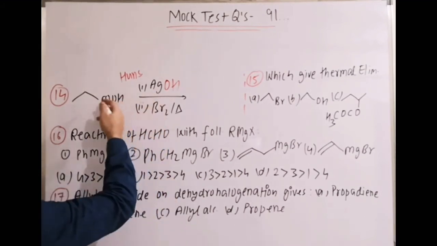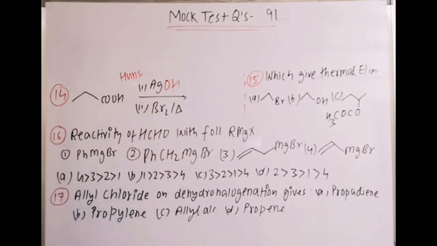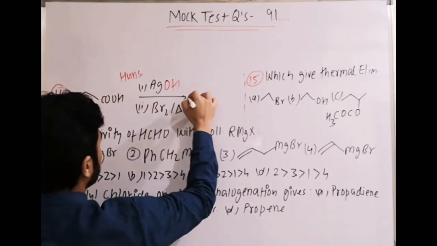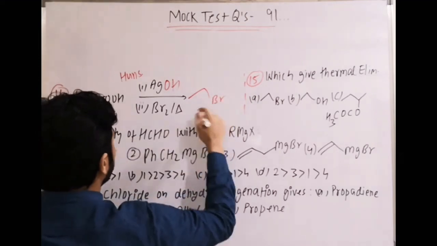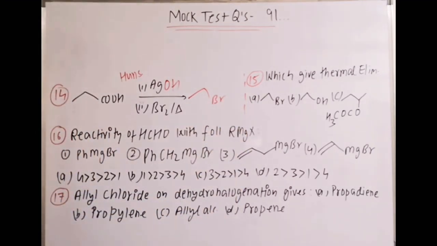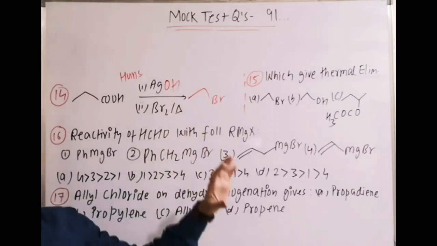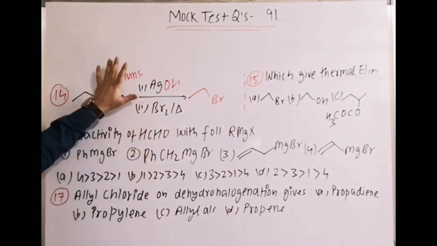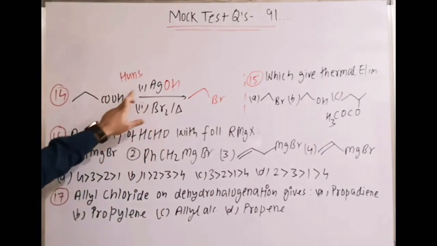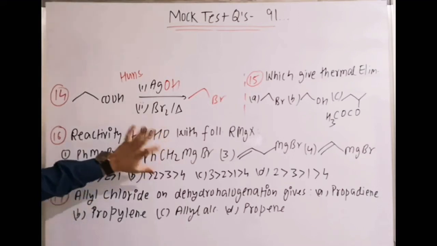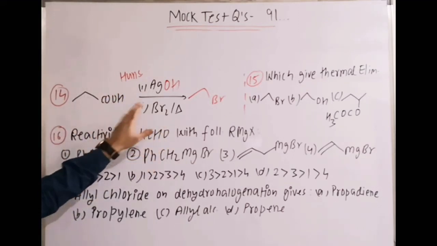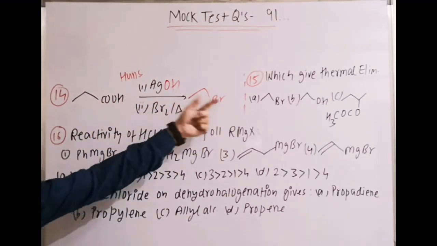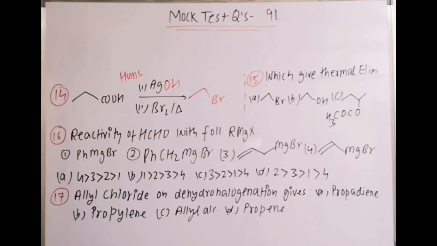Now first step is it forms CO2 minus Ag plus, then CO2 leaves, a radical is generated, this radical is CH3CH2, and then Br radical attacks, so finally we get CH3CH2Br. With Cl2 and Br2 we get alkyl halide with one less carbon. With I2 we get the ester product, which is not important, but yes, we have done this part in the reaction. Hunsdiecker reaction is AgOH and then with Br2, or Hunsdiecker reaction is COO minus Ag plus and then treating it with Br2 and heat. It gives RBr, one carbon less alkyl halide, plus CO2 evolved and plus AgBr formed.